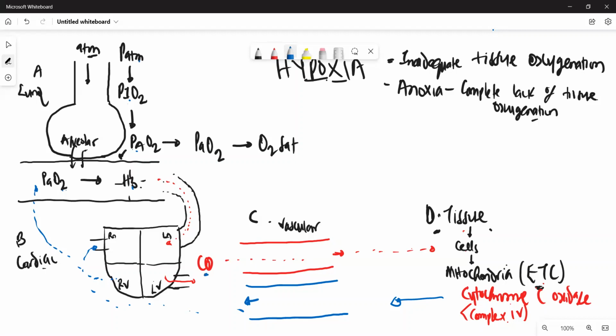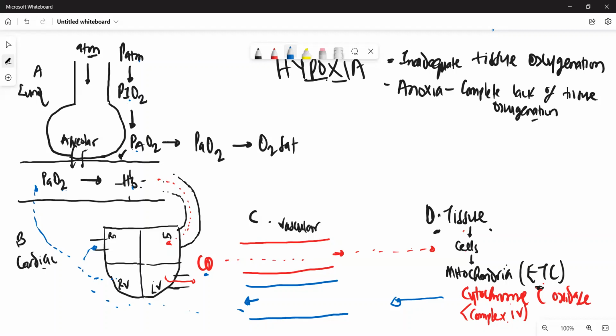And then from there, it's going to go to the level of the tissue, and we're going to use it to make ATP. The blood becomes deoxygenated, and it comes back for oxygenation, right? So let's quickly go through this pathway, right? One thing I want to mention before we continue is that